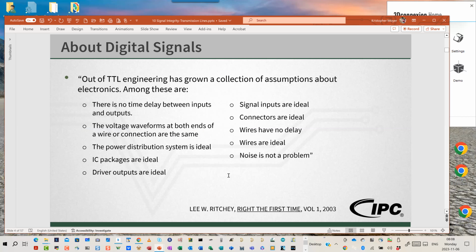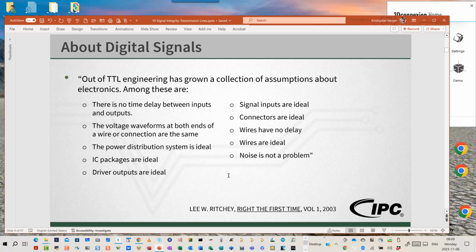Now, I'm going to give you a couple of quotes here out of one of my most favorite go-to books, or one of my key go-to books for signal integrity discussions, from one of my own mentors here, Lee Ritchie. If you read the syllabus for the class, it's listed as one of my reference books here. So from Lee Ritchie's book, Right the First Time, Volume 1: